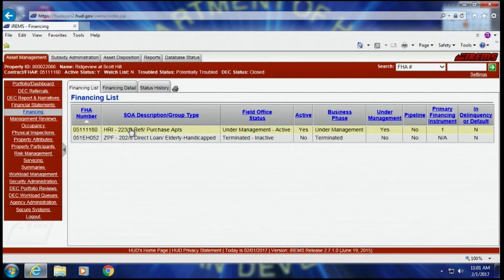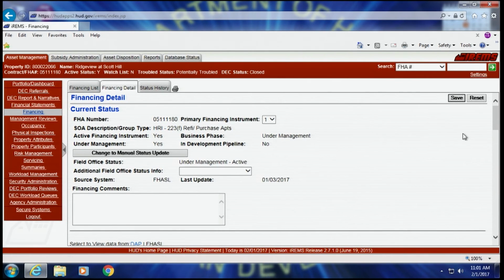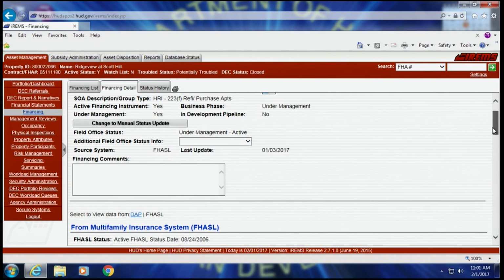So let's go here and open this up. All right, so you see that this is our primary loan instrument. Notice it has a 1. This is really critical that you make sure that your primary instrument has a 1 on it so that it interacts appropriately with the REAC financial, because when the auditor goes to prepare his financial statement and he goes to submit it, he's submitting it under the primary financing instrument.